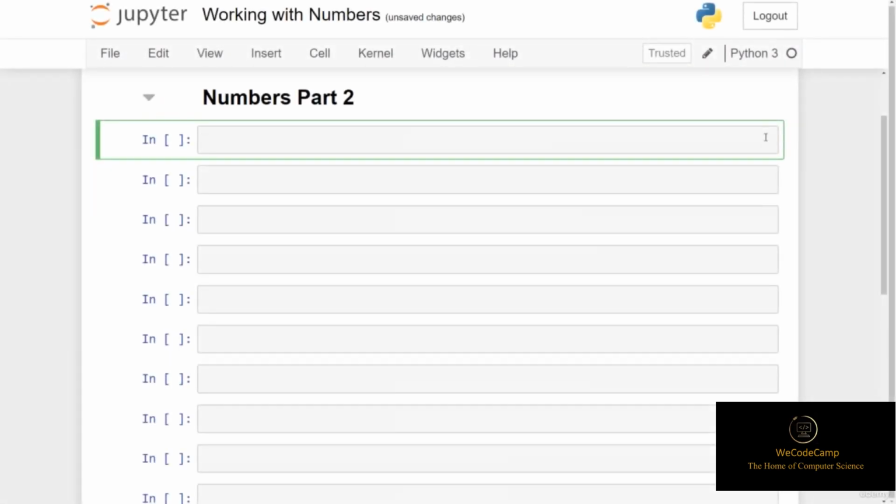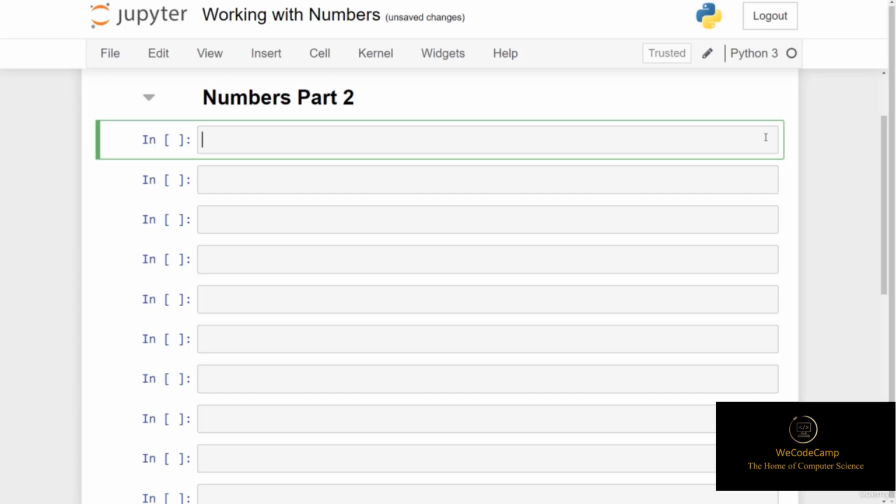Okay, so we've now explored integers and floating point numbers. We've stored them in variables, and we've performed some calculations. Now let's take a look at a few more number considerations. Firstly, Python offers a shorthand for updating variables. When you have a number saved in a variable and want to add a number to the current value of the variable, you can use the += operator, which is simply done by putting a plus symbol followed by the